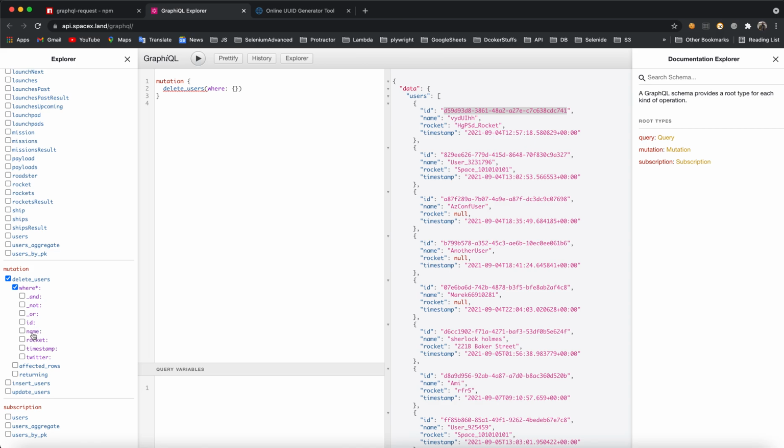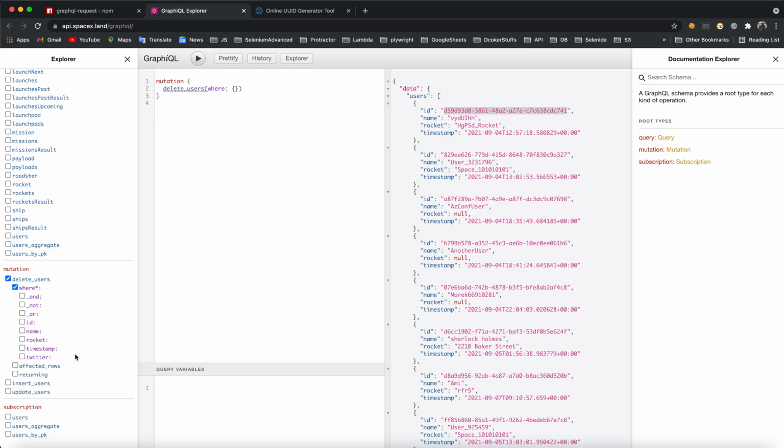You can delete on the basis of name. So if there is a possibility, right, there are more than one name, right? So it will delete on that part. And ID is always unique for us, right? So the ID cannot be a duplicate for us. There might be a possibility that the rocket or the name might be duplicate, but again it's up to the implementation. If this name is also unique, then you cannot create a duplicate entry, which we have already seen as a part of our previous videos.